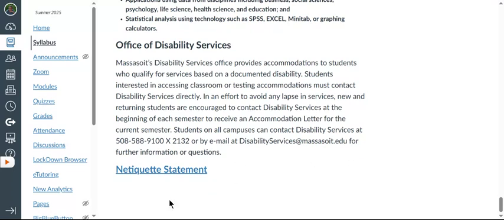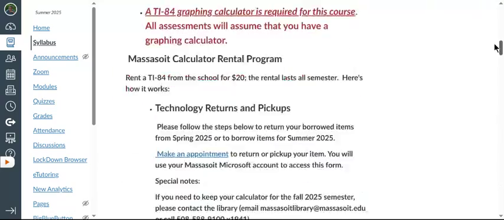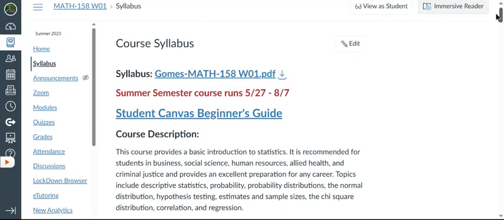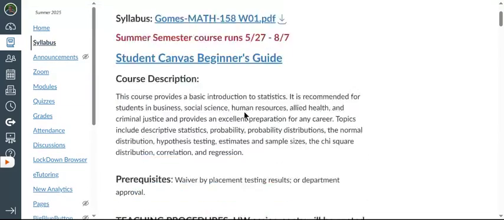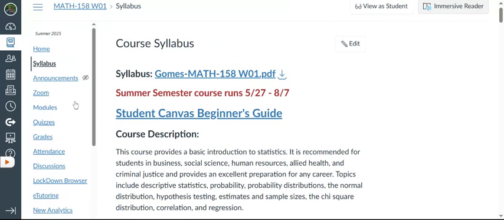All right, super important. This link here is just a link to an etiquette statement, how we operate online. We're cordial to one another. Not that you'll be interacting with other students, but how you interact with me and how I interact with you. All right, so there it is. I would download a hard copy of the syllabus, but pretty much everything is contained in this page. Now, if I go back,